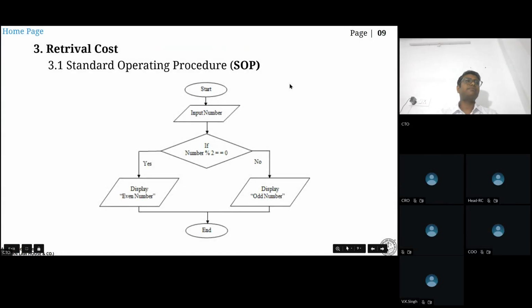3.3 is retrieval cost. रिट्रीवल कॉस्ट हमने डिस्कस किया हुआ है बहुत सी जगह, एडमिन में और हमारे क्यूएस में भी लिखा हुआ है। रिट्रीवल कॉस्ट एक वो कॉस्ट है कि जब भी हम किसी डेटा को रिट्रीव करते हैं, कहीं से फेच करते हैं, कहीं से एक्सेस करते हैं, तो जो एक्सेस करने का टाइम एंड एनर्जी कॉस्ट जा रहा है वो है रिट्रीवल कॉस्ट। तो रिट्रीवल कॉस्ट जितना कम होगा उतना हमारी एसओपी अच्छी होगी। इसका मतलब रिट्रीवल कॉस्ट is inversely proportional to the SOP. So that's why back office always insists that we have to improve our